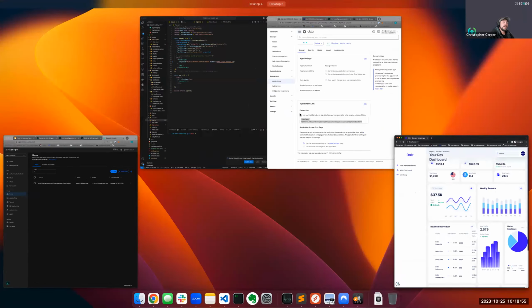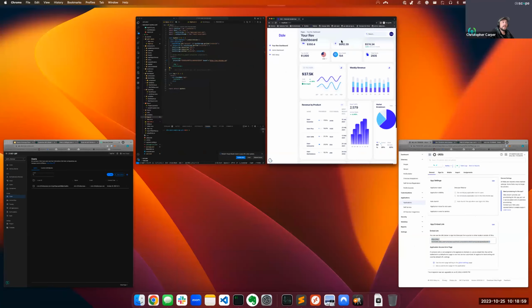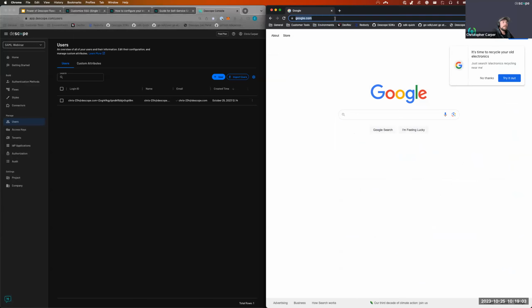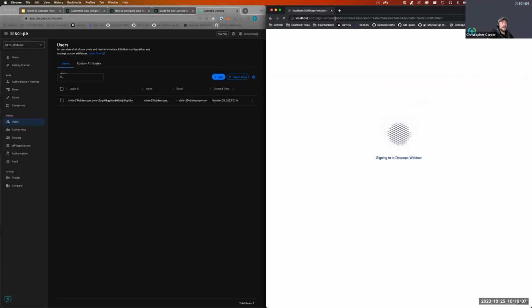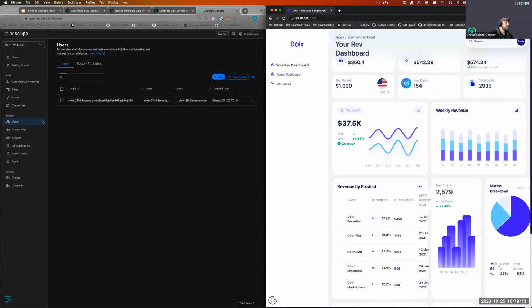But then if I copy this link again, since I'm already authenticated within this browser now, and say I go to google.com, but then I go here, since I'm already authenticated with Okta, it redirects me back to our authenticated space here. So pretty cool. So we've covered IDP initiated. Now let's take a look at